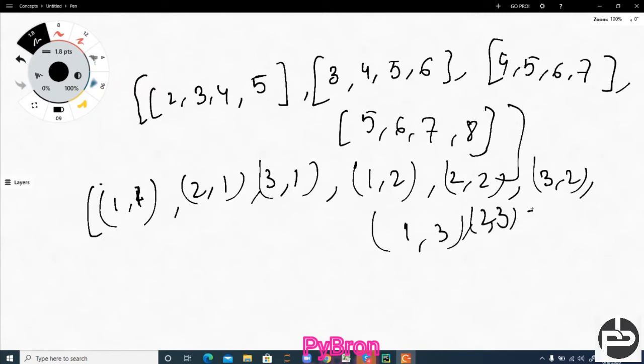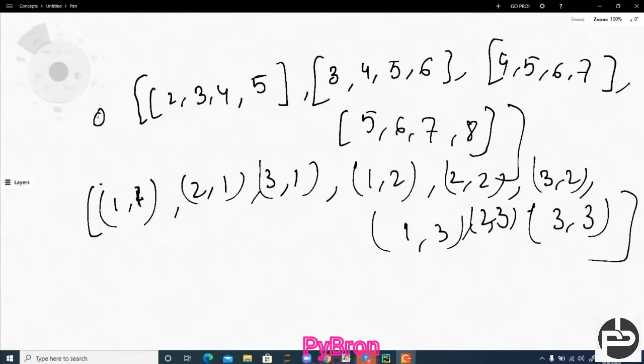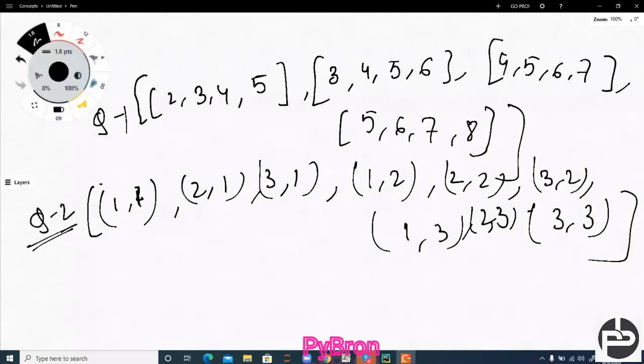Note down the homework. This is the current homework. Otherwise, I cannot take a snap. This is question number 1 and this is question number 2. This is the assignment. Please submit the assignment by tomorrow. So with this, list comprehension is completed.